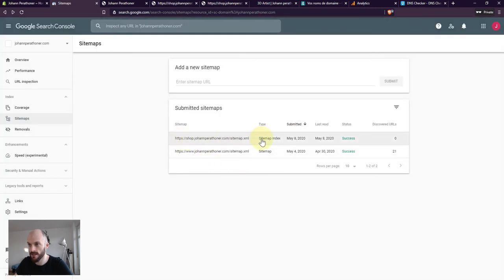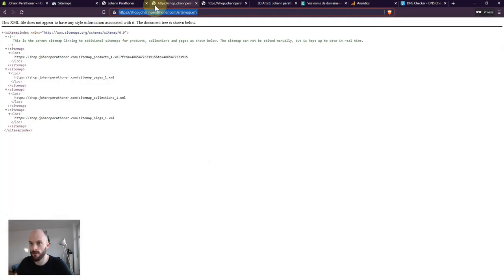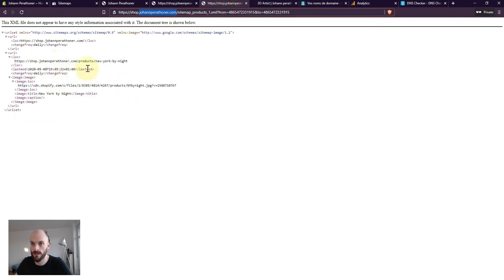So you take this URL, go here and submit it. Then you can see it here, and we can have a quick look at what this sitemap contains. You will have four different sitemaps. The first one is about the products, listing all the products, then the pages, then the collections, and then the posts of your blog. Here you can see the one for your products. We can quickly check.